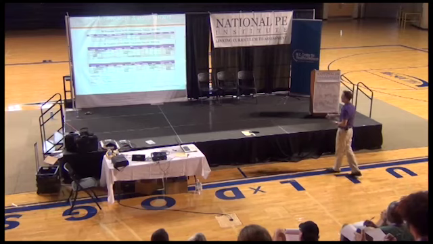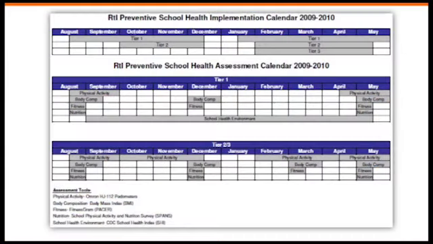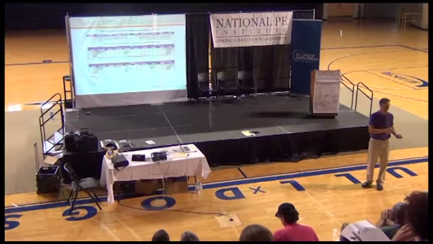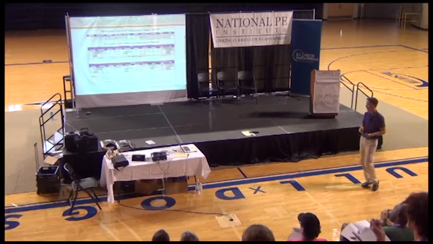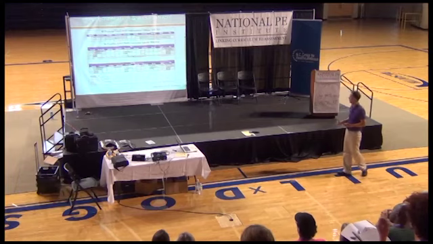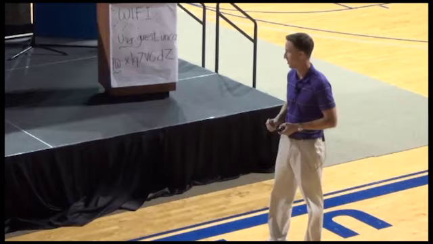In terms of implementation, up here at the top, you can see Tier 1 is happening all throughout the school year. That happens start to finish. Tier 2 begins as soon as we've been able to analyze that data that we collected at the beginning of the year, the beginning of the year assessment. And there's a fall A team and a spring A team as well. And then Tier 3 occurs in the spring semester, the entire duration of the spring semester.